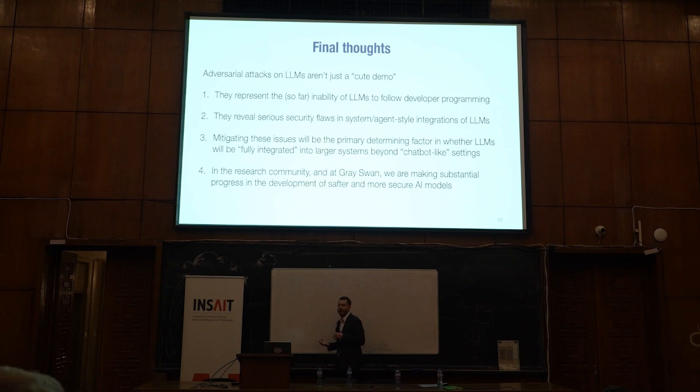They represent the fact that we currently cannot make AI models follow a spec. And this is very different from traditional programming, where we're used to programs doing exactly what they're told and no more. And all of a sudden now you have models that don't do what they're told, but sometimes do much more than they're told. It's a very different paradigm. And unless we can start making models follow specs better, it's going to be very difficult to inject that kind of software into larger stacks.